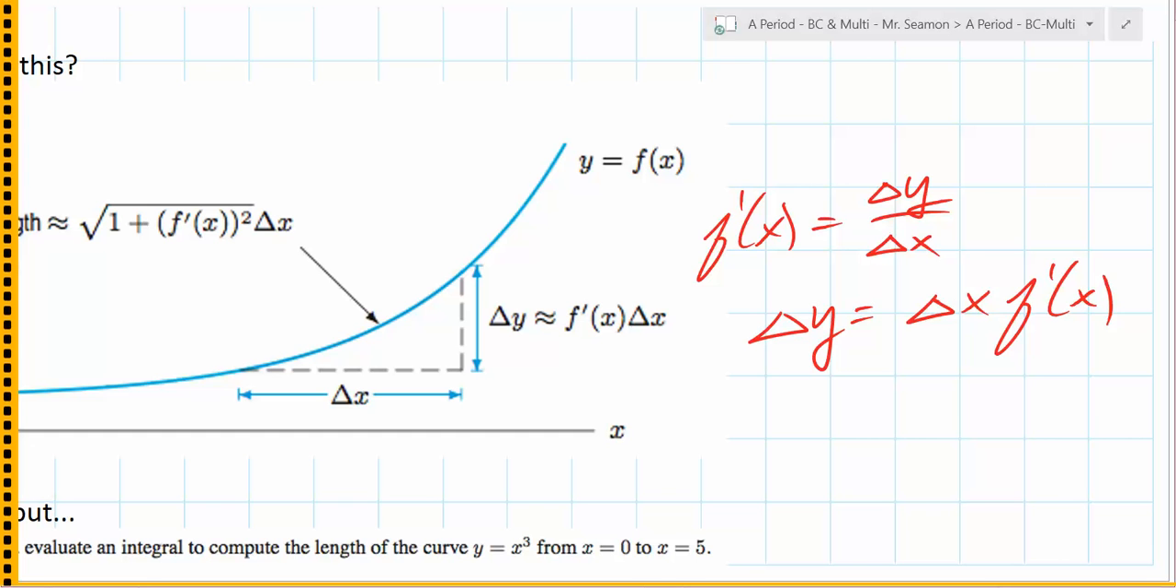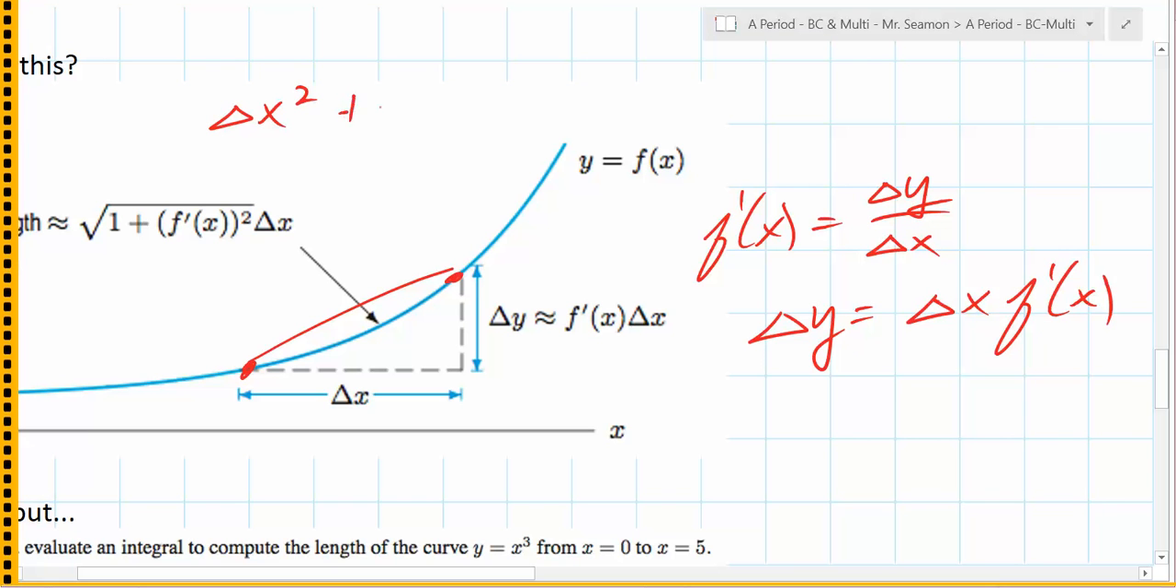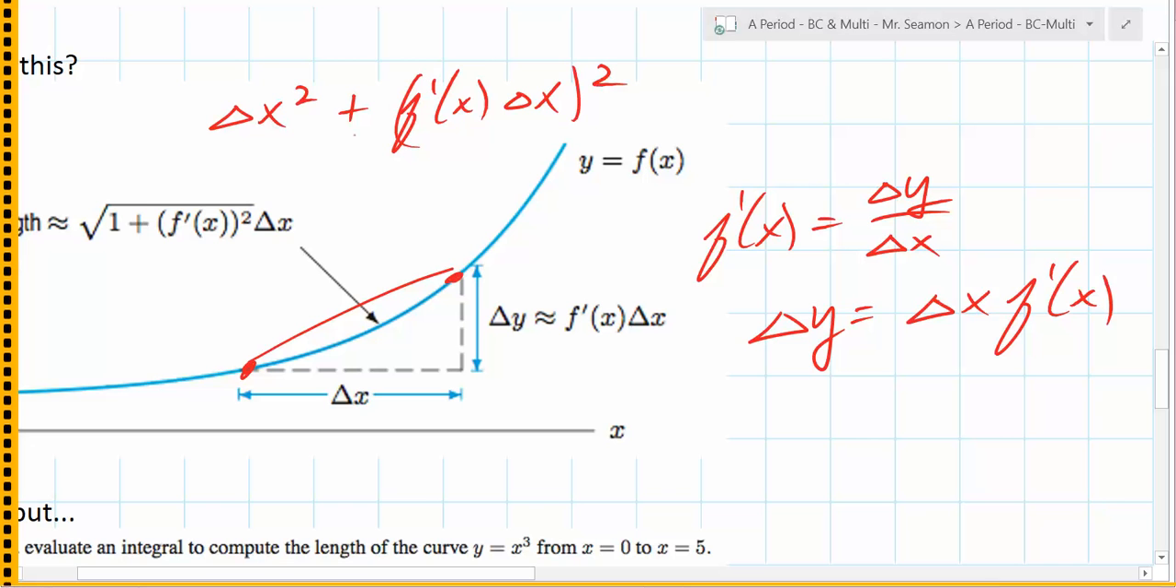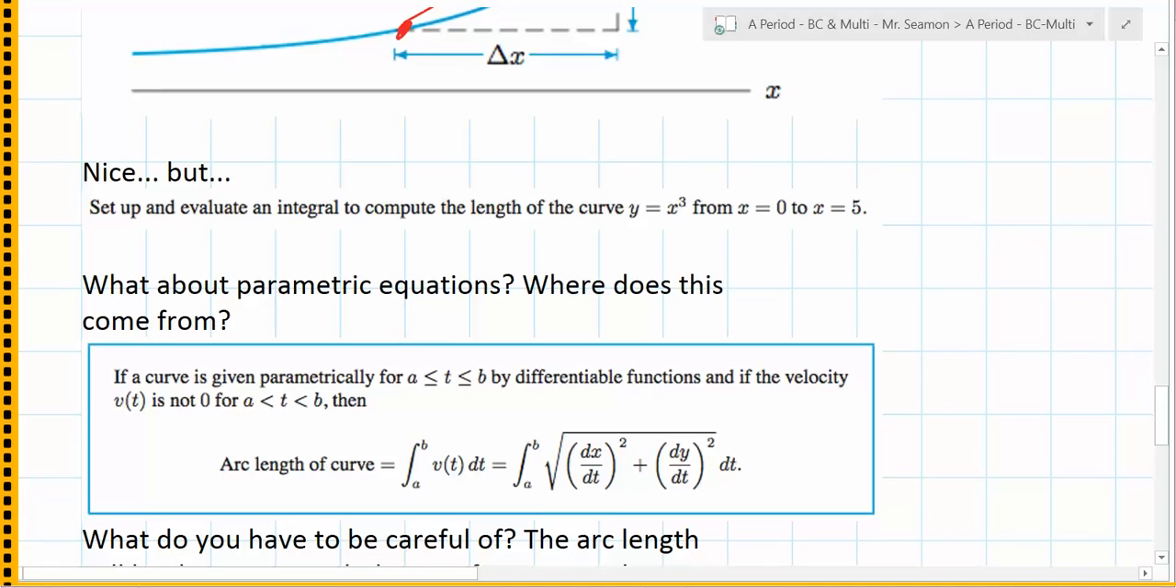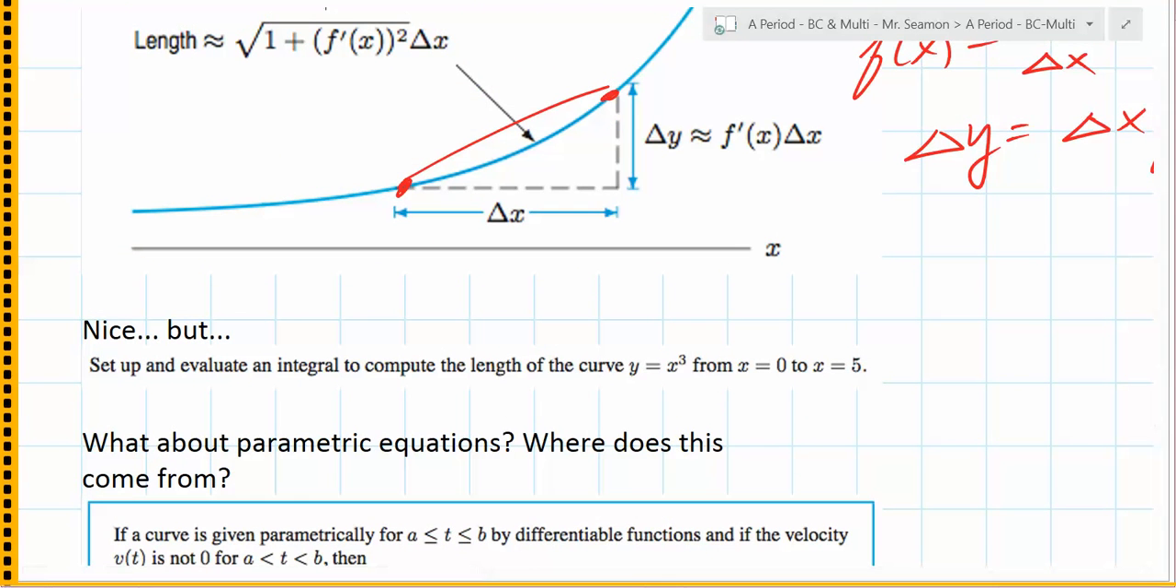But the idea is, if you want to find the distance from here to here, how do you do that? That's going to be delta x squared plus f prime of x delta x squared, square rooted. What can you factor out of each of these terms? The delta x. And what are you left with if you factor out the delta x? 1. This goes to this. So that's just the Pythagorean theorem. It's just an application of the Pythagorean theorem. That's it. Why is this really useful? It's really useful because now we can actually do questions